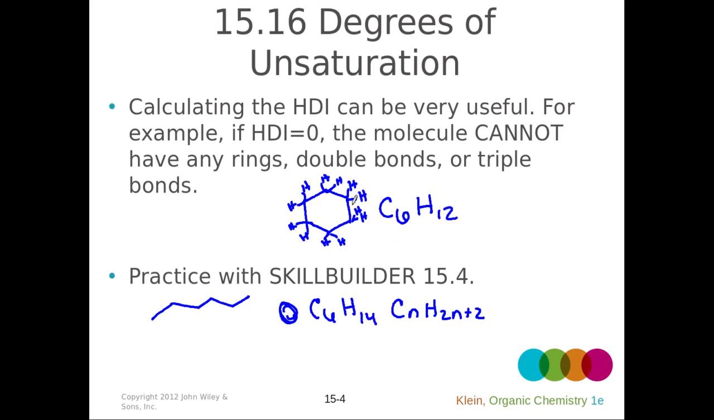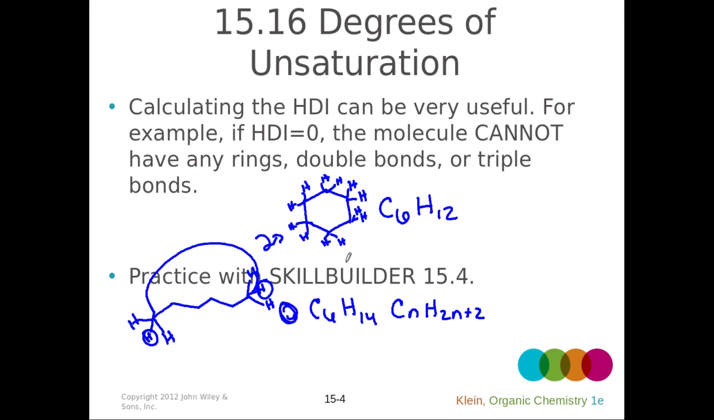Okay, so 1, 2, 3, 4, 5, 6. Okay, so hexane would be C6H what? H14, because that would be C sub n, H sub 2n plus 2, and so 2 times 6 is 12, plus 2 is 14. So the molecular formula for hexane would be C6H14, so we have 2 fewer hydrogens in cyclohexane than we would have in hexane, and that's because we have